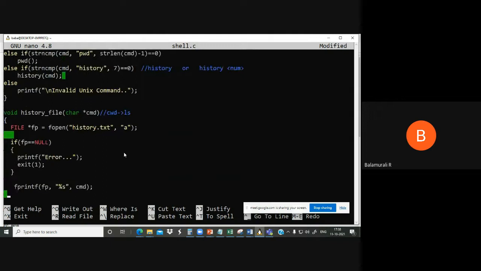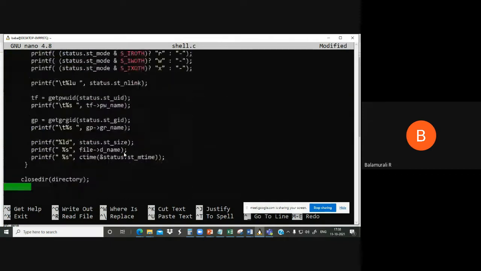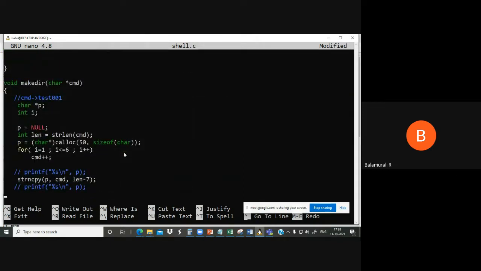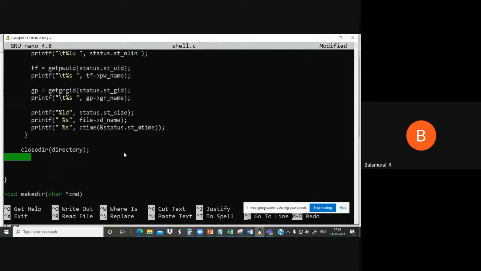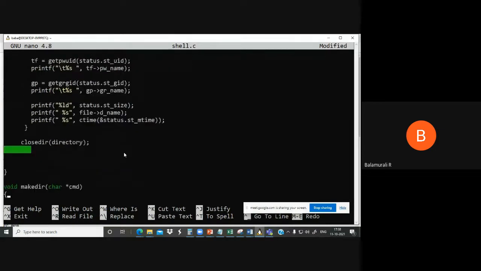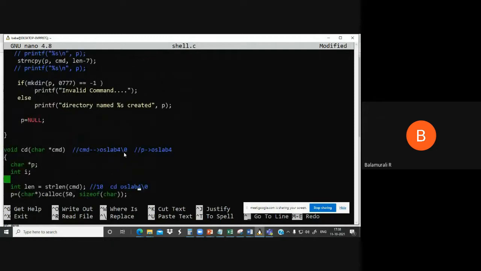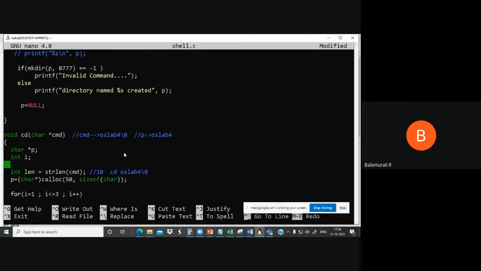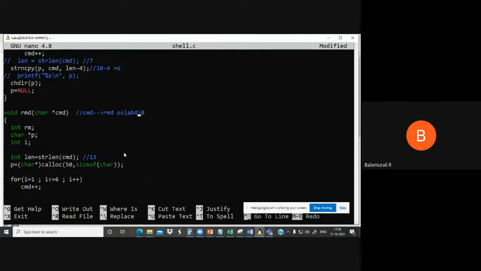Yeah, it's rmdir. The actual command is rmdir. Hence that length is 13, right? Otherwise the working mechanism is the same. So it is not rmd, it is rmdir, remove directory. Now if you count: 1, 2, 3, 4, 5, 6, 7, 8, 9, 10, 11, 12, 13, right? Hence it is 13. Now this rmdir and this space, all these things we want to remove.